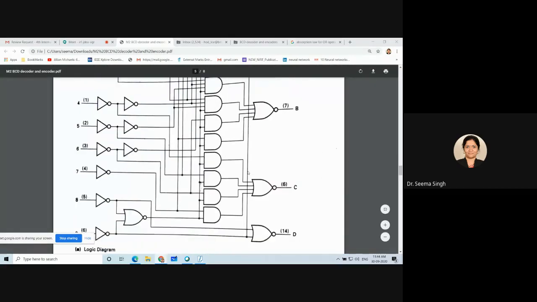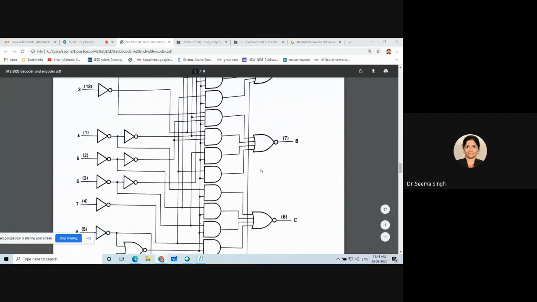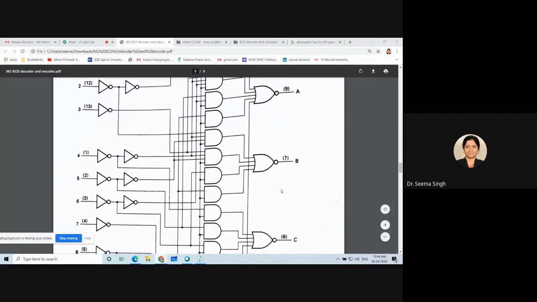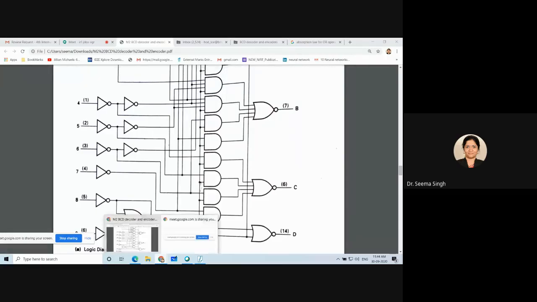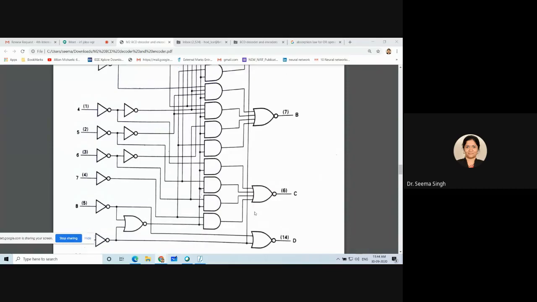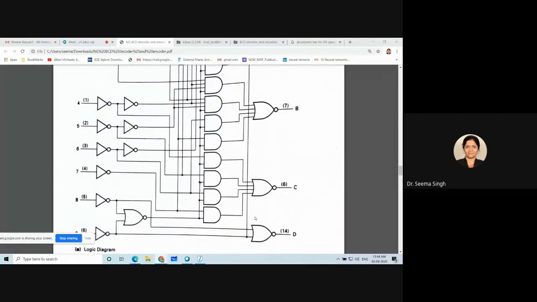So I am trying to explain to you this circuit with respect to D and C. If you understand this, you will understand B and A on your own. So I want you to analyze this and understand this. Okay. So this is about 74LS147. I think you people are not paying enough attention to understand, because I'm not getting that response. Anyway, if you want time, you can get back after the analysis of this.